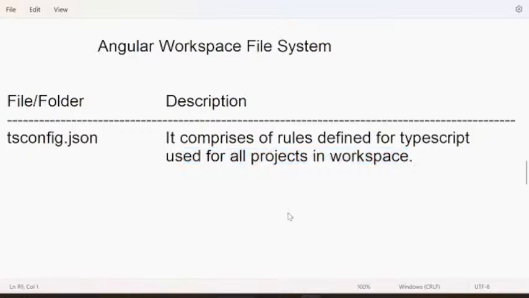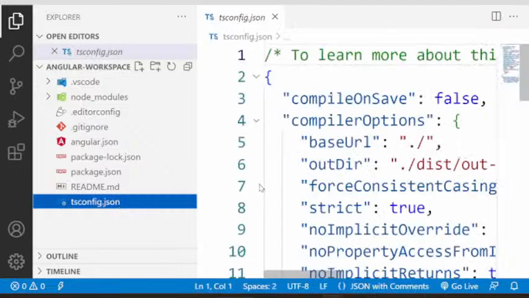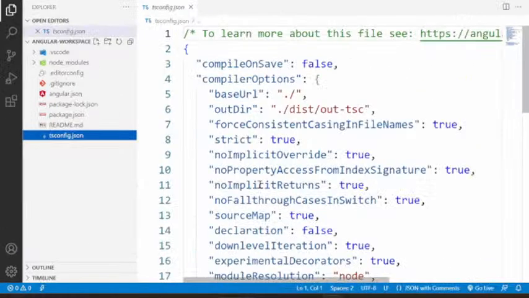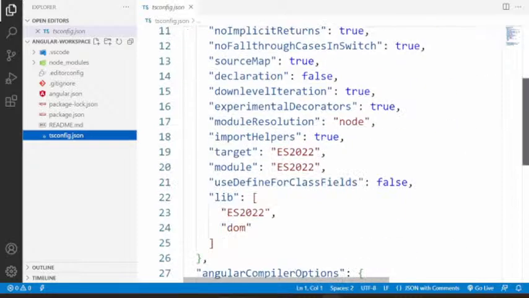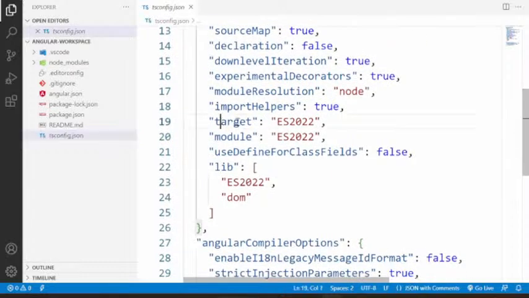When I open the tsconfig, you can see a lot of rules are already configured. See the target. The target is ES2022, the latest version of JavaScript. That means your TypeScript is translated to the latest version of JavaScript. Previously, I showed you that we can translate to ES6, ES7, ES8.